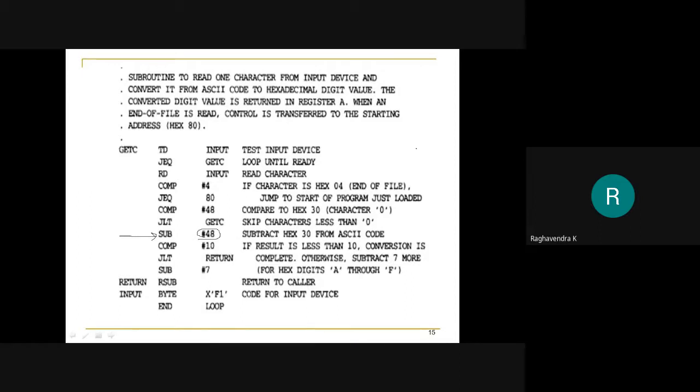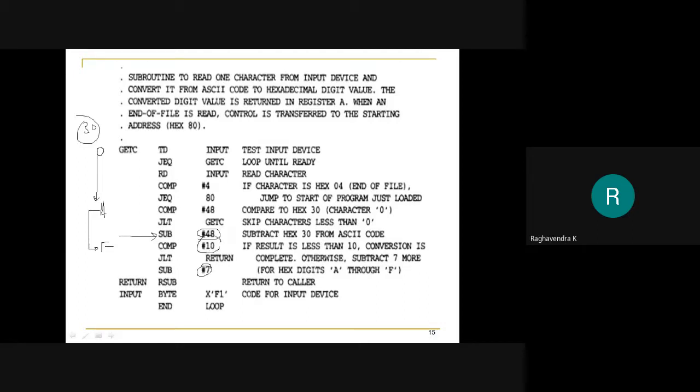Now we know that the hexadecimal value starts from 0. Obviously 10 will be A and then 15 will be F, right? So from 0 to 9, I will subtract 30. But if the characters that I read are A to F, then I need to additionally subtract 7 from it.